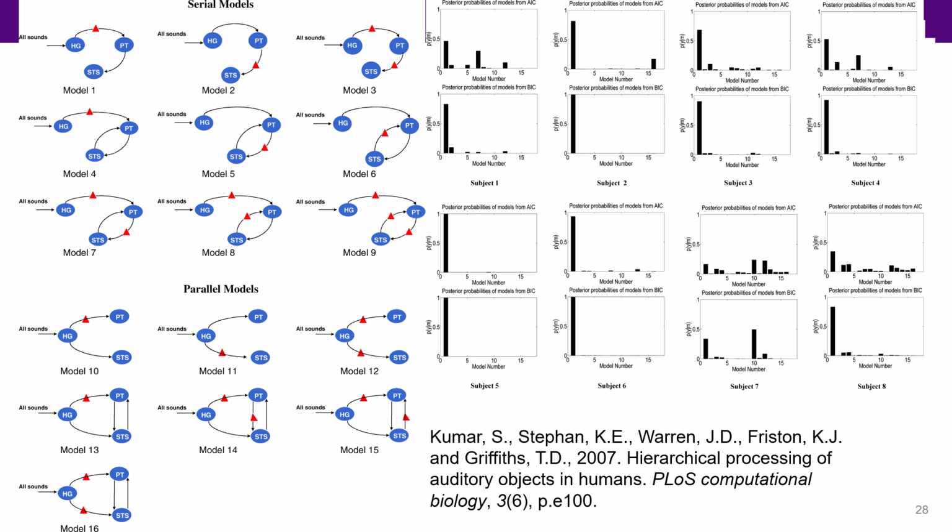So you could perhaps use this as an argument for this is the best model you have of auditory processing in this case, or whatever kind of function you're trying to estimate or hypothesize about. I'd highly recommend looking at this paper, even if you just skim the abstract, results and the figures, because I think it's a very good use case of how DCM could be used to estimate how the brain works.